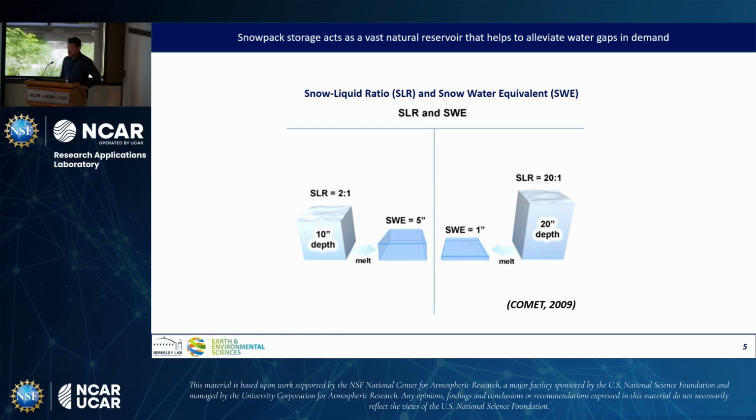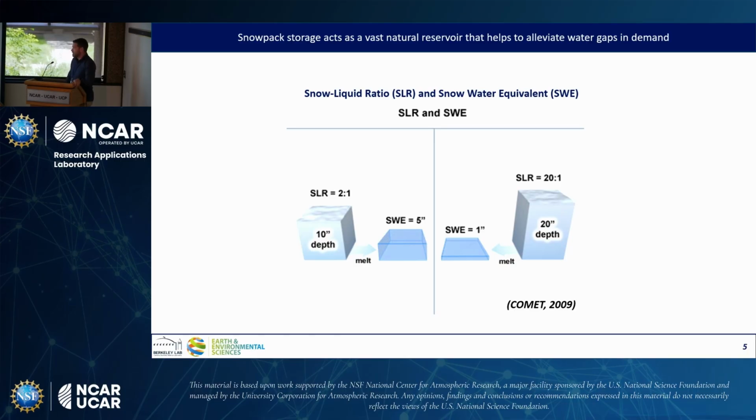So I'm going to be using this term throughout the talk, and maybe this is review for a lot of folks. We're often talking about snowpacks and trying to standardize them around the Western United States because some are more fluffy than others. They have more air pockets. They have different crystal structures. So we use this metric called snow water equivalent to sort of compare apples to apples between snowpacks around the